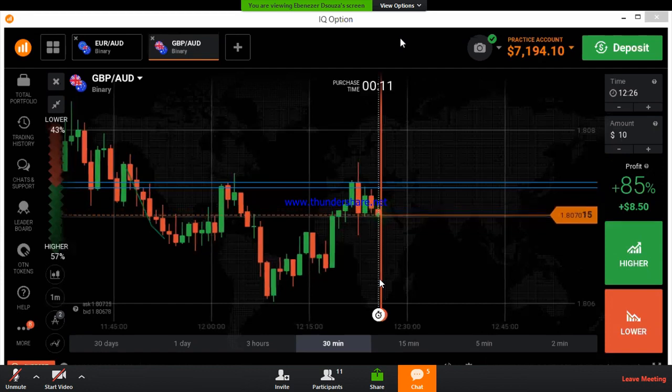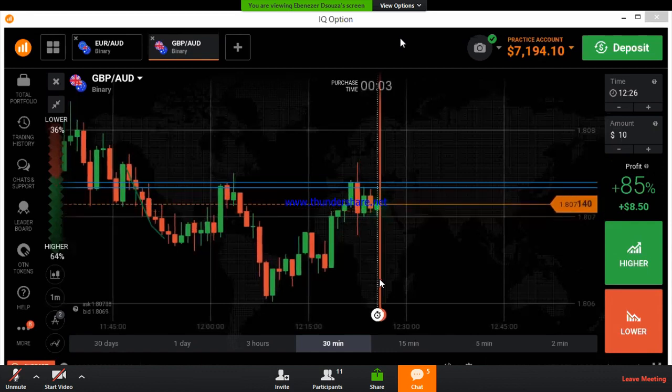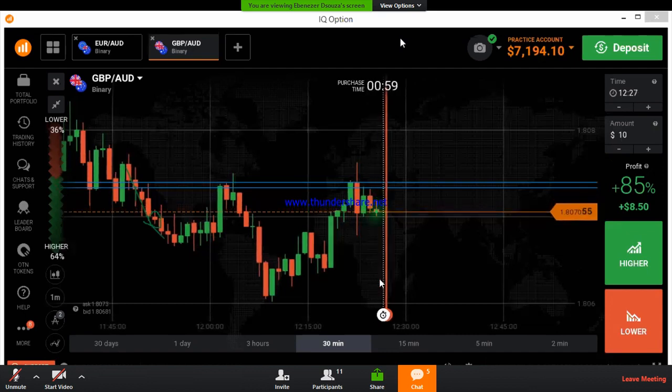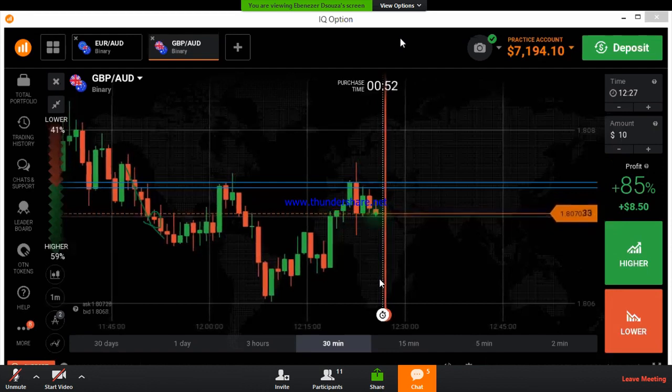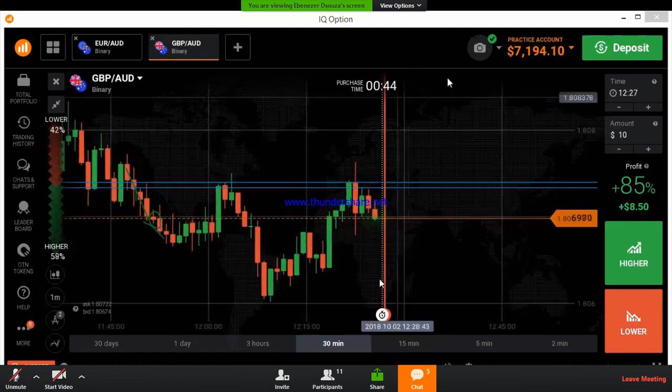Right. In this area, it has broken the trend. Yes. It has broken the trend and it continued the trend. And at this very moment, this small candle shows that the sellers' strength, the momentum of the sellers, is decreasing. But still, then it goes down further. And if I trade, then I would have placed a call here. I mean the higher option.